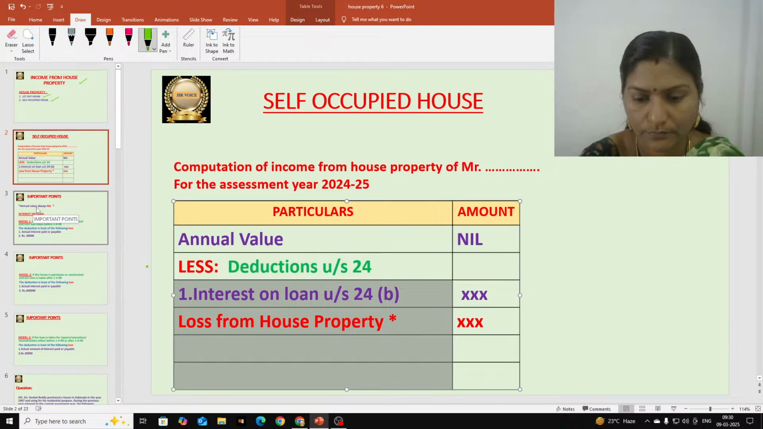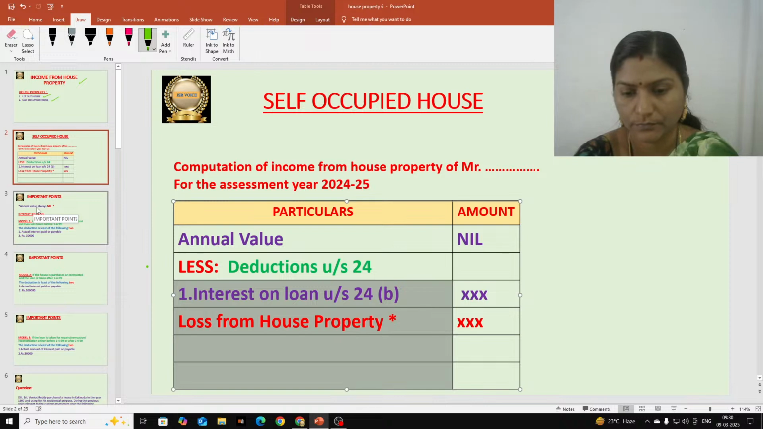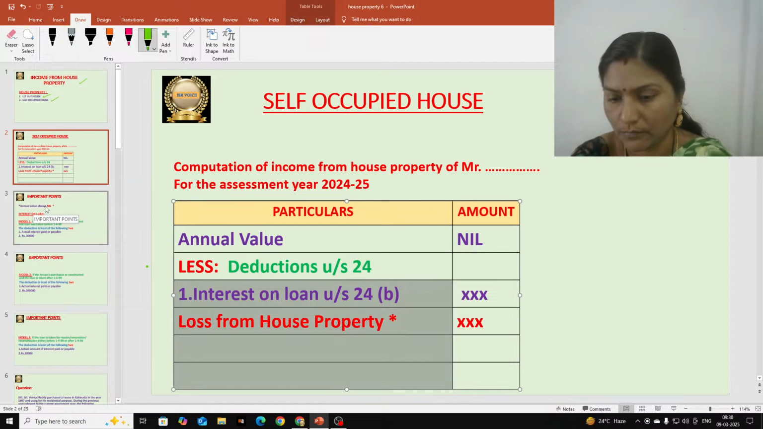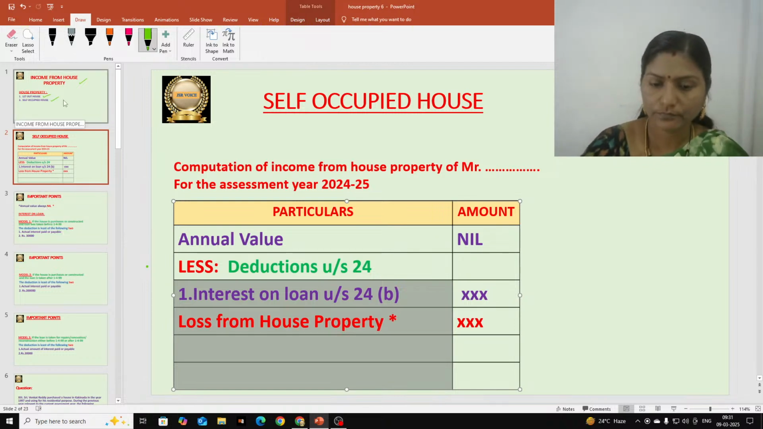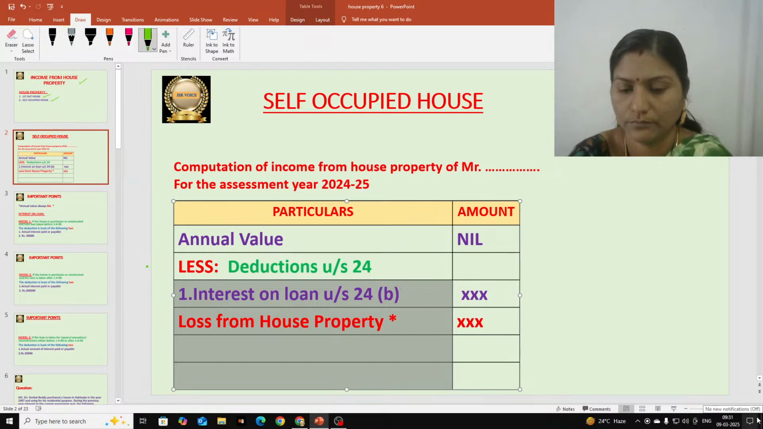Occupied house format. If you want to do problems,